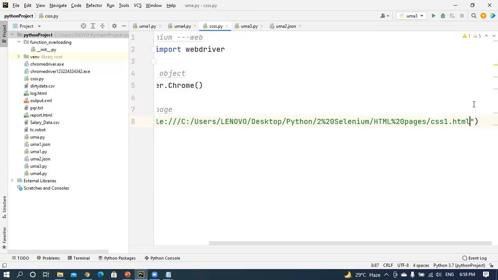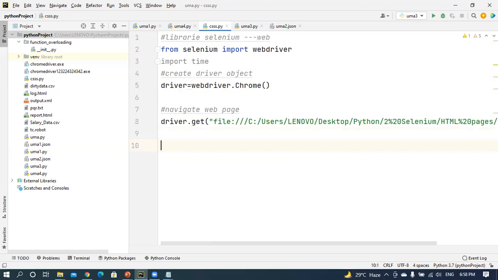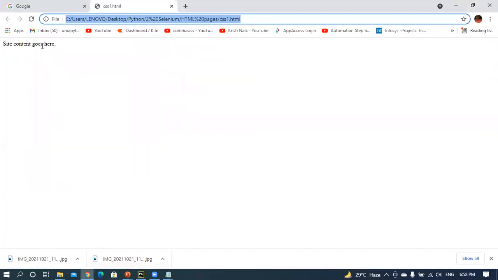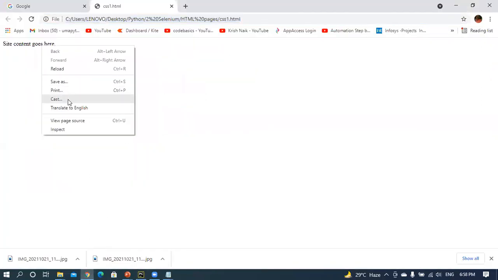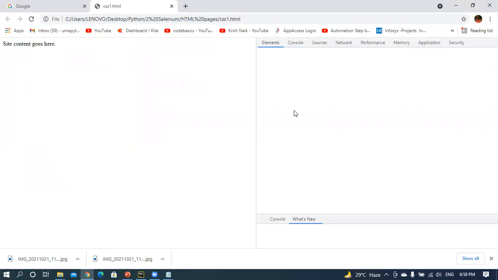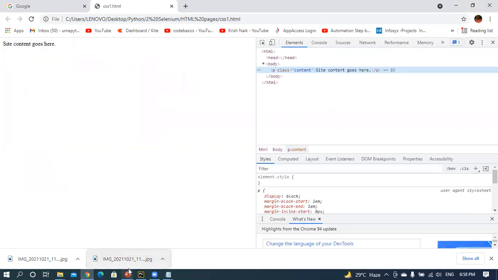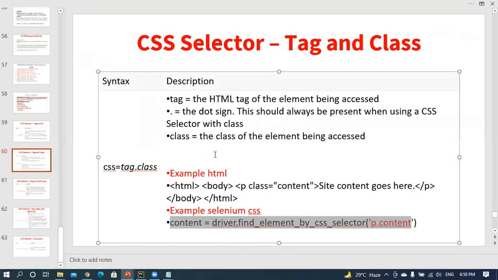That means for any programming, all tasks are the same. What is the next task here? I need to identify this particular element by using a CSS selector. How can you identify it with the CSS selector? Find element by CSS selector, p.content.